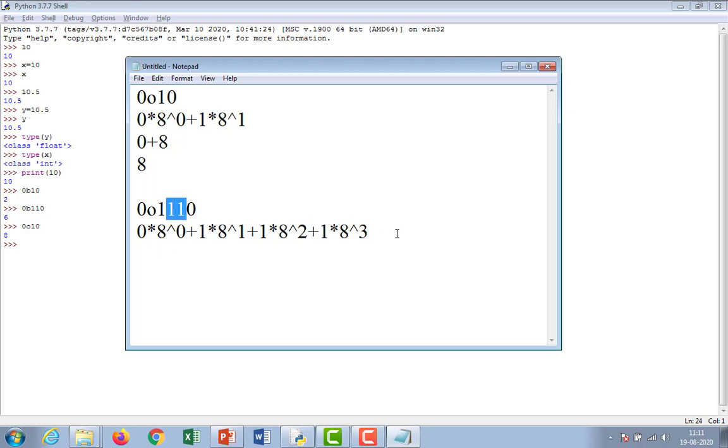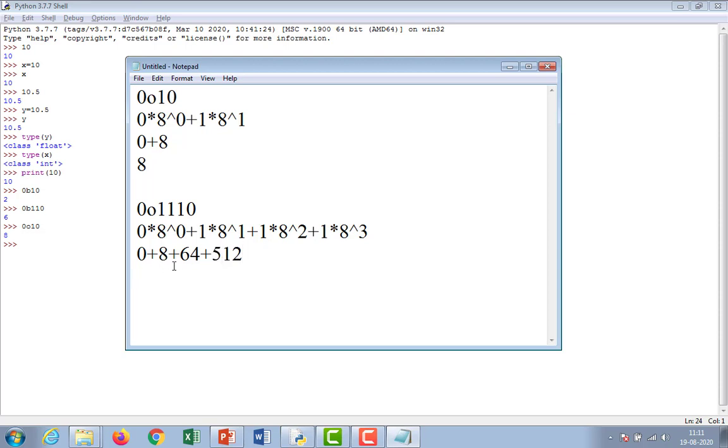Then check: 0 into anything is 0, plus 1 into 8 power 1 is 8, plus 1 into 8 power 2, 8 square, which means 64, plus 8 power 3, nothing but 512. Enter.